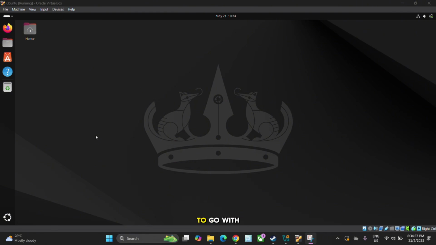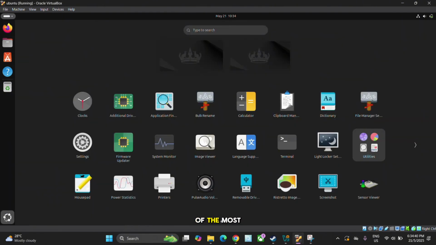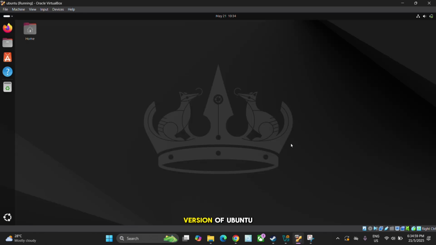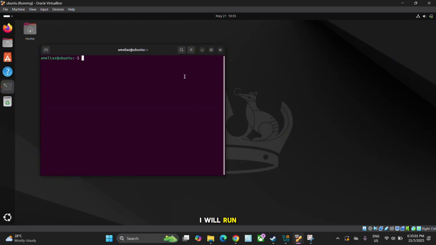Before we begin the security assessment, I want to quickly introduce the operating system we are using. Our group decided to go with Ubuntu, which is one of the most popular Linux distributions, especially for cybersecurity and system administration. It's open source, easy to use, and has strong community support, which makes it great for learning and testing. To check which version of Ubuntu we are using, I will run the command